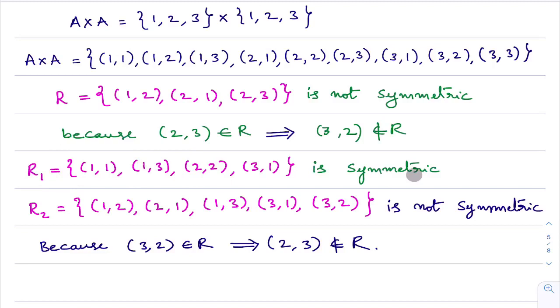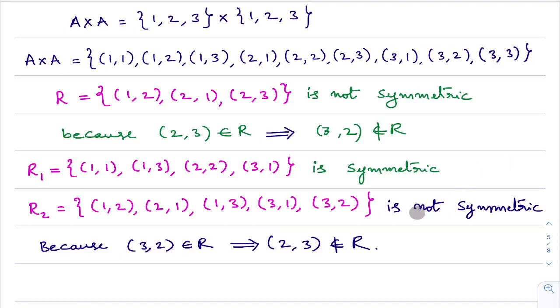These are not very easy. Seems to be easy, but the point is, when it is not symmetric, when it is not reflexive, giving an example is easy. When it is reflexive, when it is symmetric, you need to check very carefully. That you will come to know while practicing exercise problems. Do not worry now. Okay.